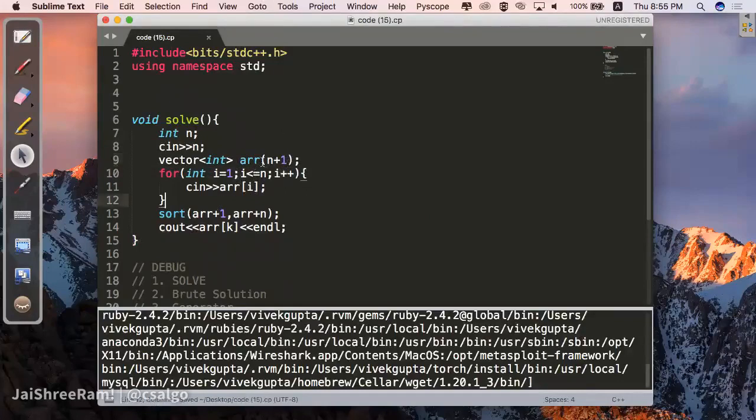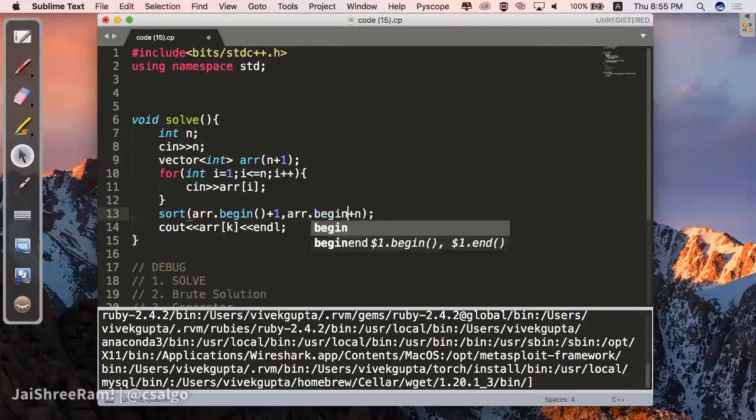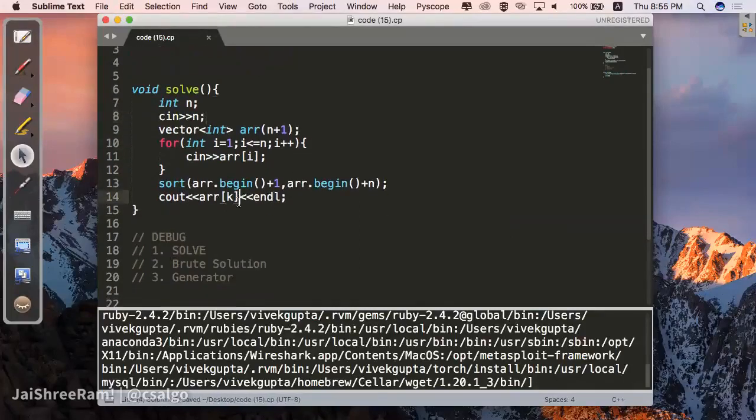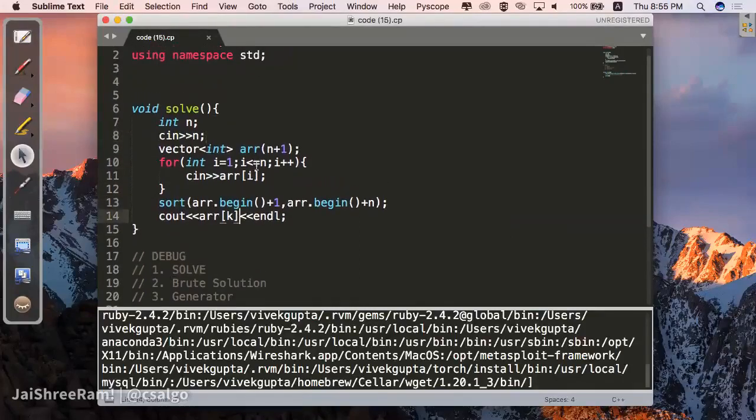Okay, and we will be able to take an I plus 1. This would be equal to dot begin, and this would be... okay. So now this type of code would be there. Now this will also work, like this is the same code in a vector form. Now what we will do is we will try to take the inputs in the arguments and return the value that we're trying to print. Okay, that's what we would be doing.